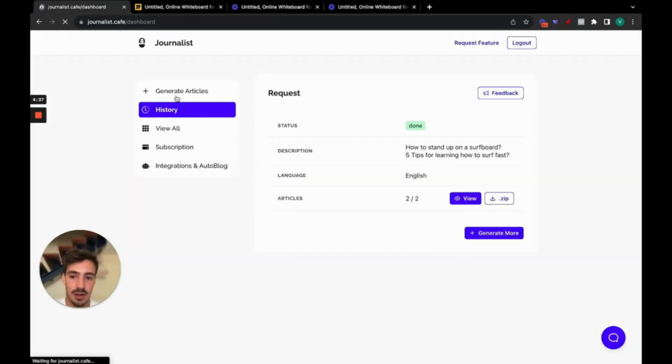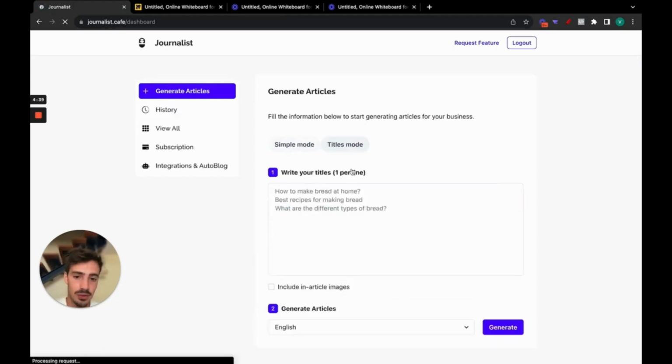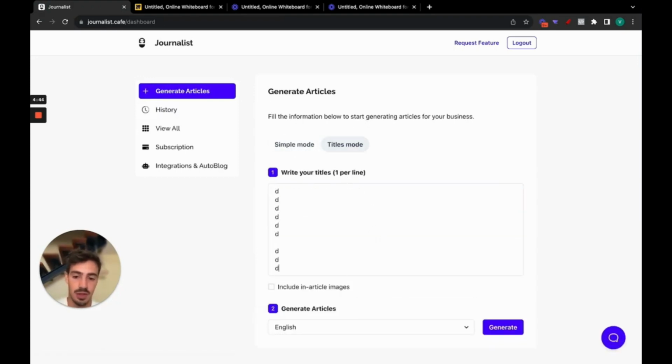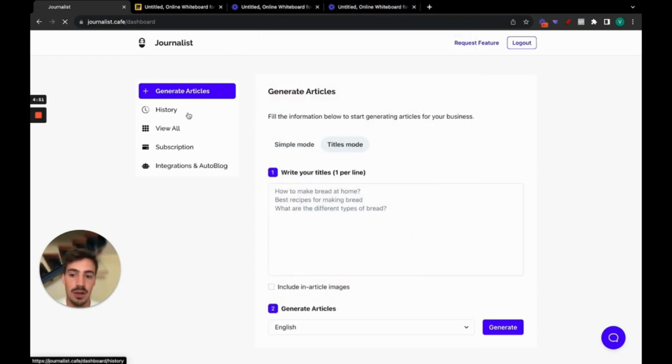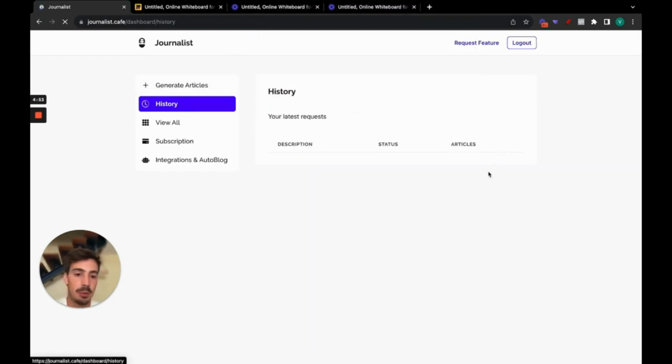Click generate articles, either choose this one or this one, give it as many titles as you want. There's unlimited rows of titles, so you can give as many as you want. You can put 1,000 here and then click generate, in any single language. Super, super powerful. And after you generate the articles, you can just copy and paste them to your WordPress site,